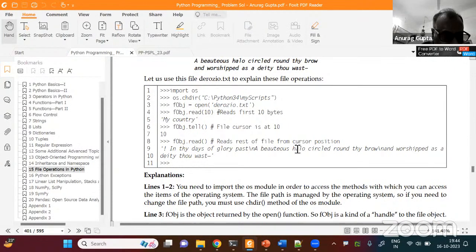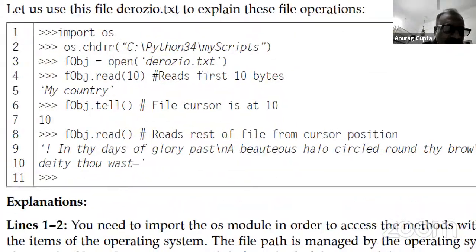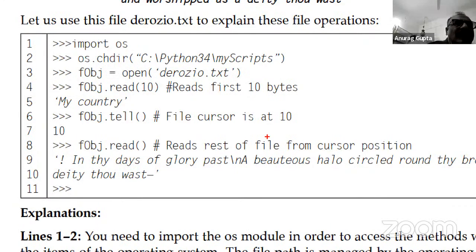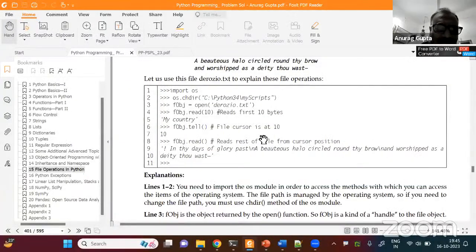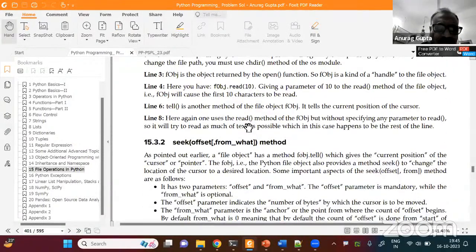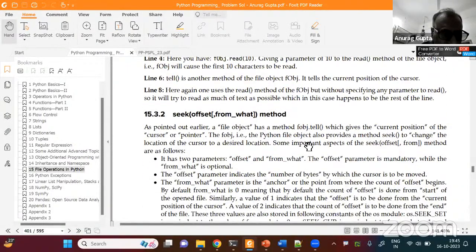The read function, like you can see over here, when I read these 10 characters, this is on idle. We are not using idle, but I wrote this part of my book in idle. I should have written it in Jupyter, but part is in idle, part is in Jupyter. So read 10 will give the first 10 characters with quotes around them. That means it is a string. We will try to prove this also. This we had discussed yesterday. Let us move ahead. Then I told you seek.